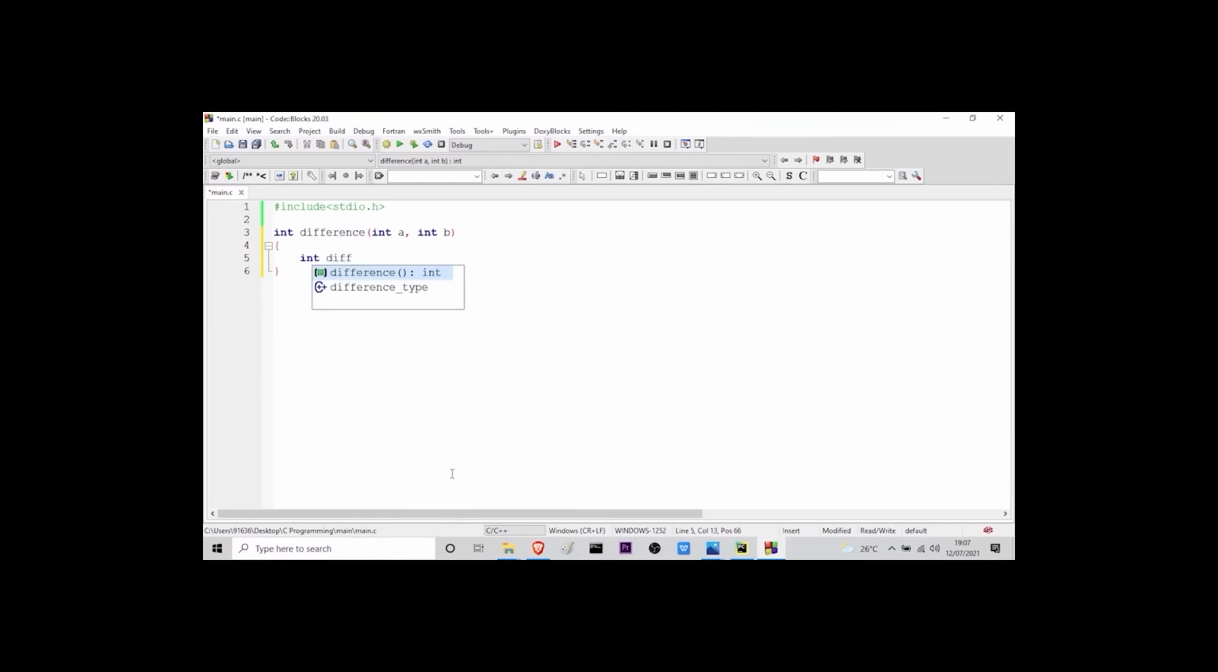So let me take the variable to be diff, and then here I will calculate diff equal to a minus b, and finally I will return the diff value. So this is the logic of this program, and here you can see, let me just comment this out so that you can understand. This is the function declaration, and here this can be called the function definition,